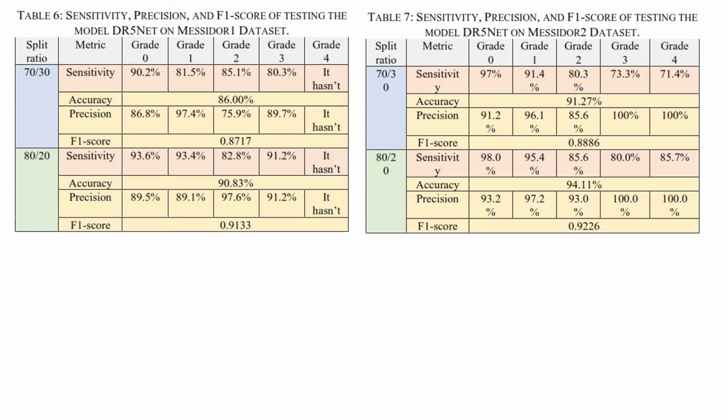These are the results of grading. It is considered good also, competing with the others. F1 score is 87 for Messidor 1. F1 score is 88 for Messidor 2, and for Kaggle it is